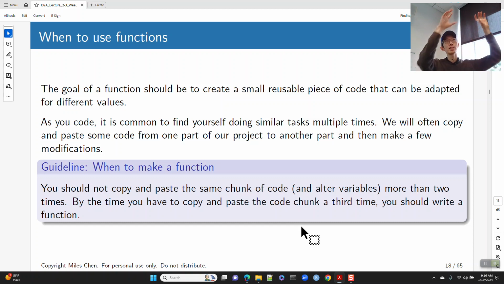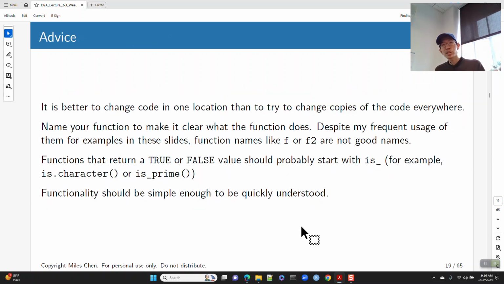You don't want to have the same chunk of code existing in 4 places or more than that, okay? So my upper limit is copy and paste once, fine. Copy and paste twice, then maybe you should have a function. By the time you paste it a 3rd time, you basically have the same chunk of code in 4 places, that's when you should say, this needs to be a function, okay? And the reason for that is because let's say later on, you're like, oh, okay, I like